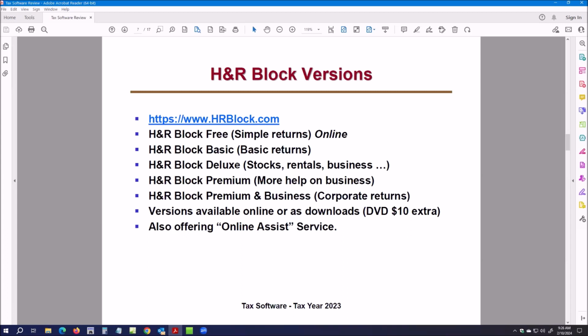You might catch a sale on Amazon or one of the big box stores might be selling it a little cheap. H&R Block also is now offering an online assist. They call it an AI-based service. I haven't partaken of that, but I'm just getting started with my own taxes. So, okay,